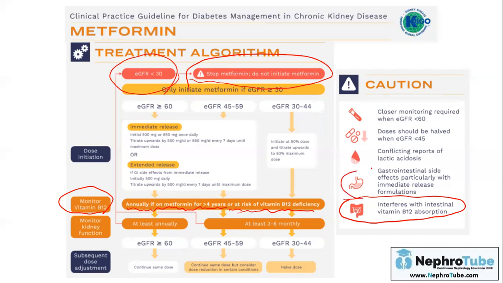Finally, what are the most common side effects of metformin? For sure, it is the gastrointestinal. This is very common, particularly with the immediate release formulation. That's why if the patient is on immediate release formulation and has gastrointestinal side effects, you can convert him to